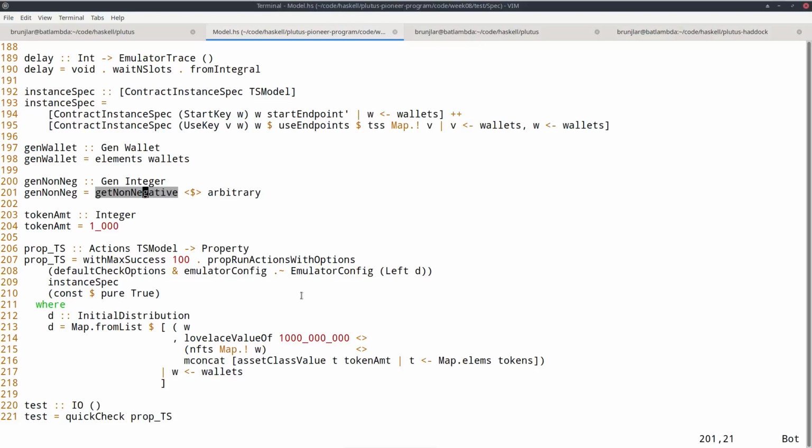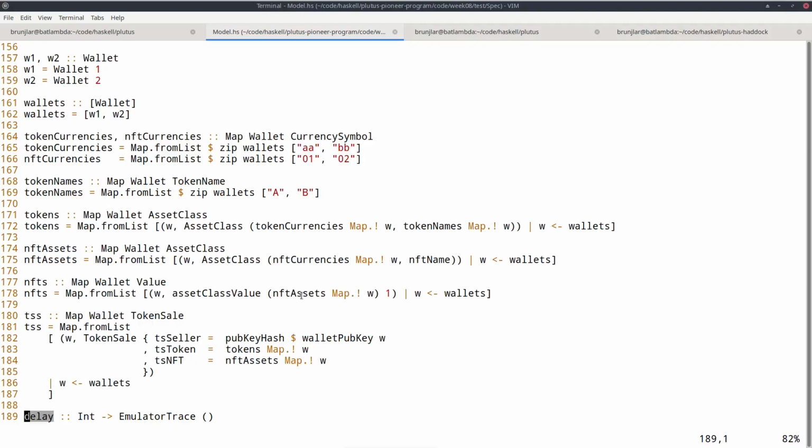There's a NonNegative type that implements an arbitrary instance. And it's just a newtype wrapper around integer, and with getNonNegative I can extract the integer. So this arbitrary comes from the NonNegative type that would generate something of type NonNegative, but that just wraps an integer and I extract that integer with this getNonNegative. Anyway, so this generates a non-negative random integer.